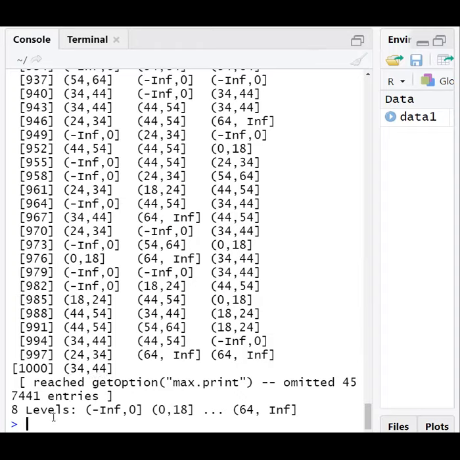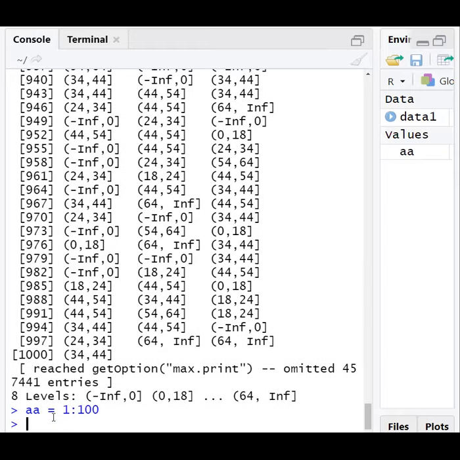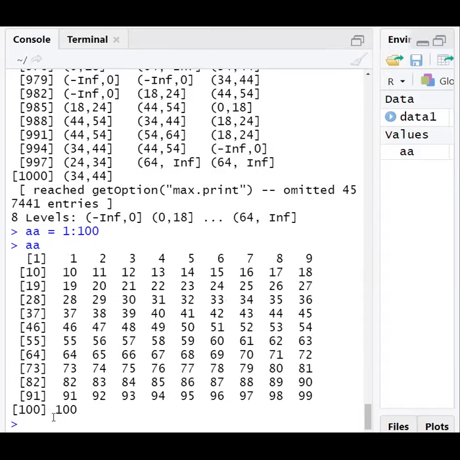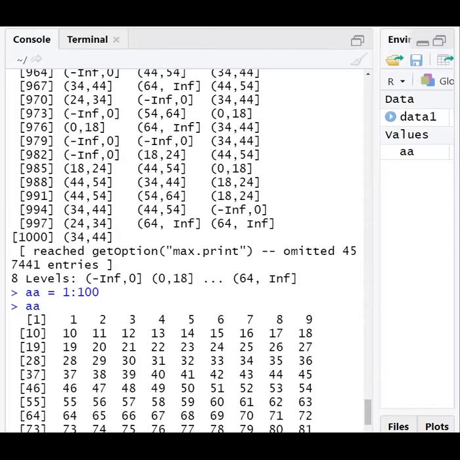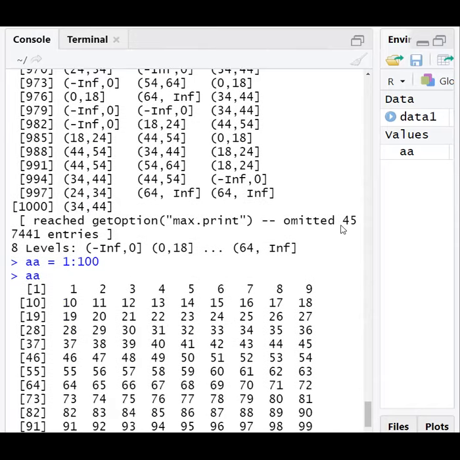Otherwise, what we can do is have simple data like this. Let us have simple data 1 to 100. AA is the data that contains values 1 to 100. For this, let us assume we want to categorize: 1 to maybe 25, 26 to 50, 4 categories, let us assume. So what would be our ranges? Our range will be like this.